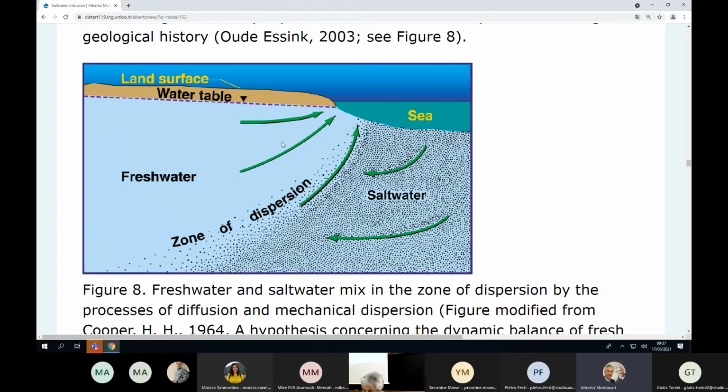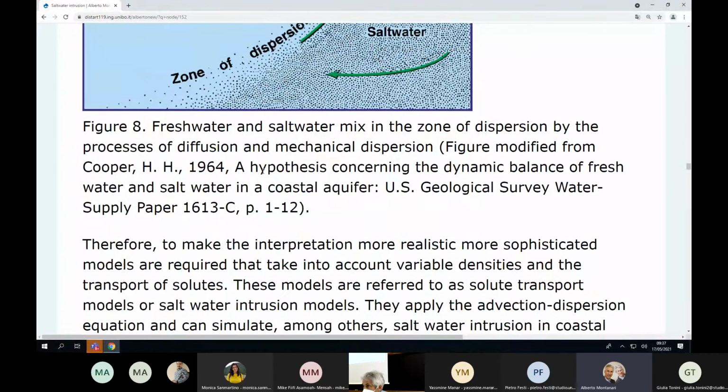You don't have a sudden separation between saltwater and freshwater. You have a gradual decrease of the concentration of salt in the underground. But I assume instead that there is no zone of dispersion. I assume that there is a sudden separation. There is a surface which in my 1D problem becomes a line,